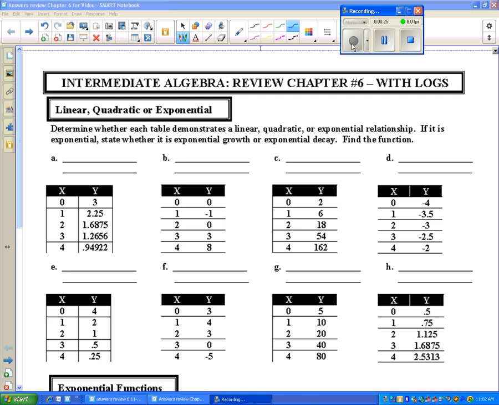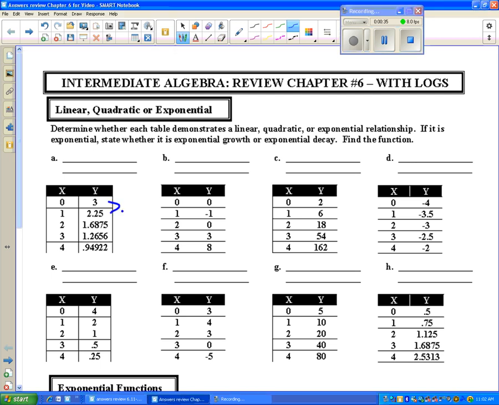So when I look at letter A, the first thing I need to realize is that it looks like this is going to be exponential. So let's double check that this is exponential. If I take 2.25 divide by 3, divide by the number above it, I get 0.75. If I take 1.6875 divide by 2.25, I get 0.75. If I continue this down,